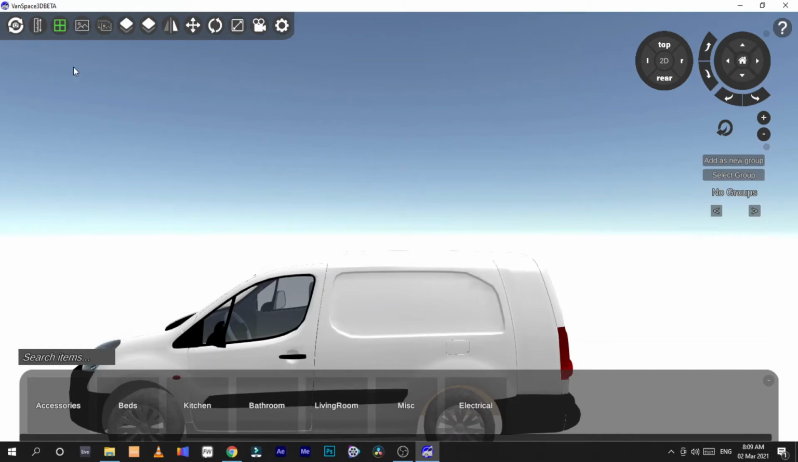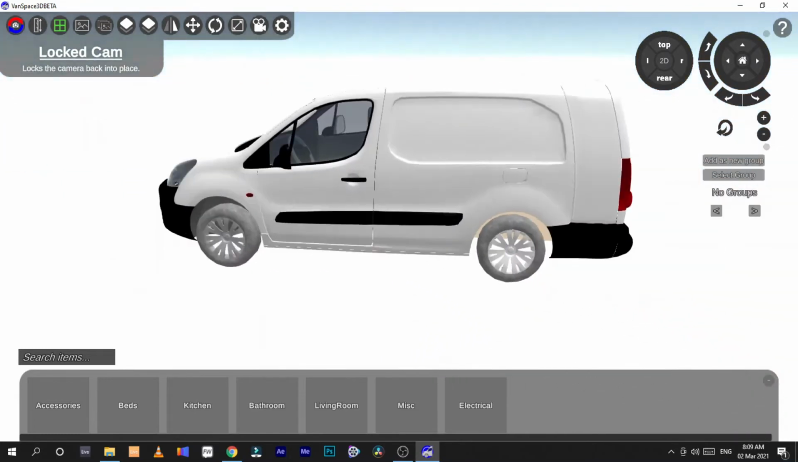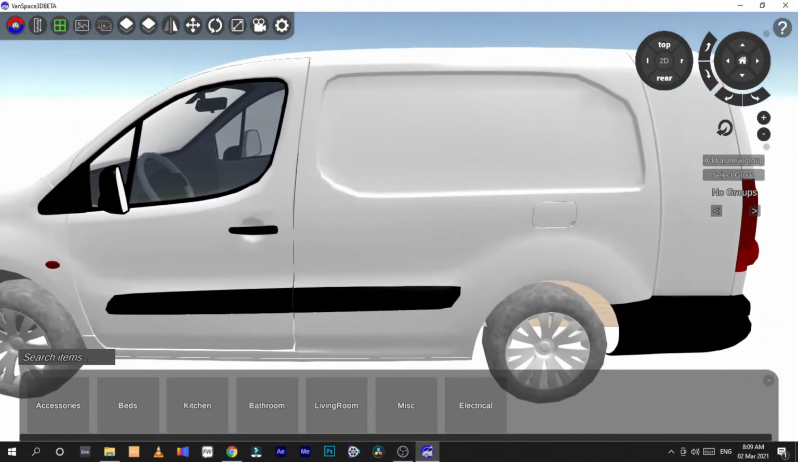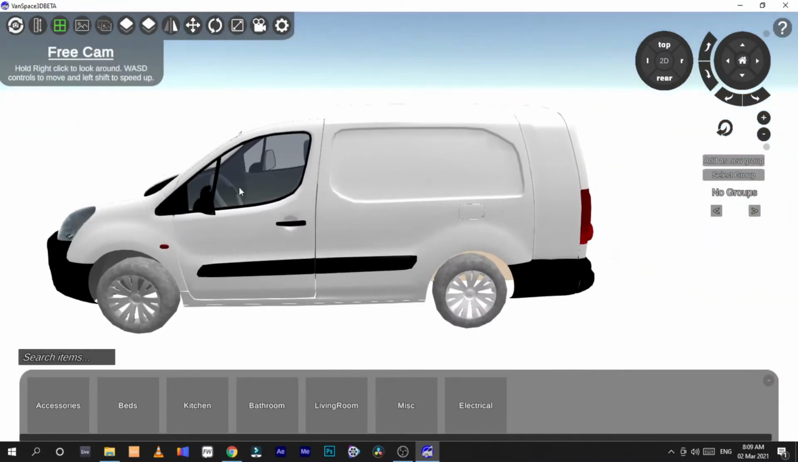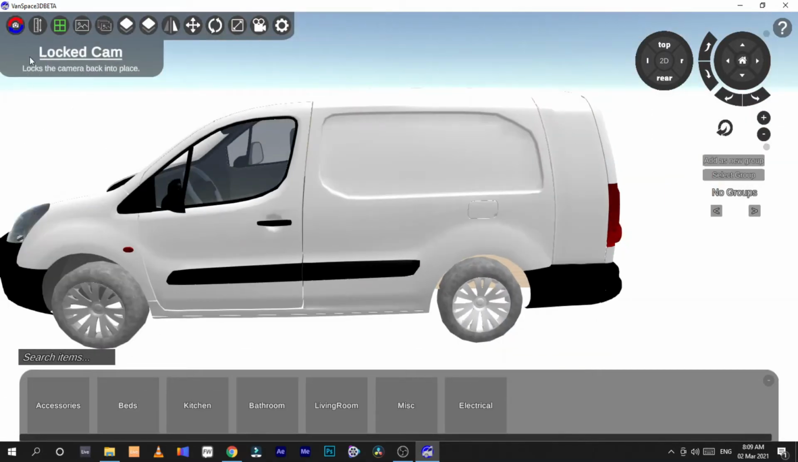So this is how the software looks. You must click this free cam if you want to move around. It says free cam, so you can right click and then move around and have a look, and you can zoom in, because when your camera is locked you can't move around, you can only zoom. And then we have